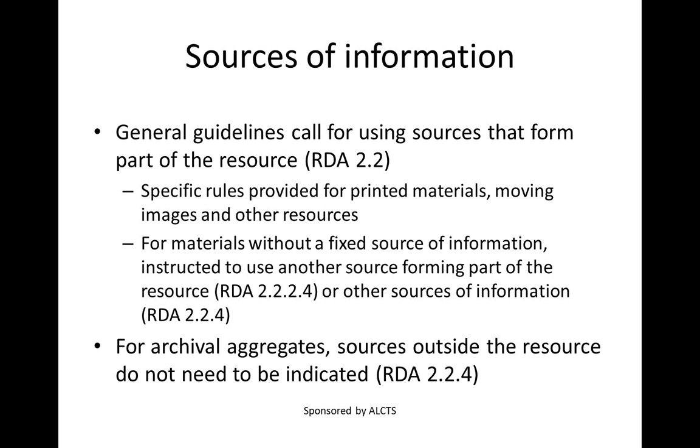As given in the general provisions on sources in RDA 2.2.2, if information required for the identification of a resource is not available from a source forming part of the resource itself, take it from another source as instructed in 2.2.4. Information then can be taken from a variety of sources and, as stated in the exception at the end of 2.2.4, be recorded without the use of brackets. This is in accordance with archival practice and the guidelines given in the introduction to DACS.